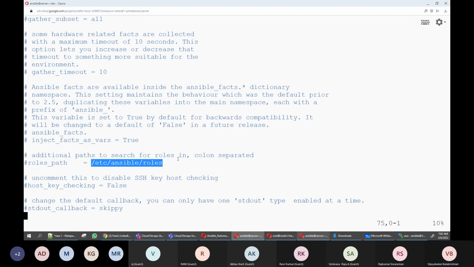Correct? Correct. That is based on the environment, like dev, based on the project, based on your deliverables. This is the directory where you are going to keep the roles. Correct? Yes. Okay. So now